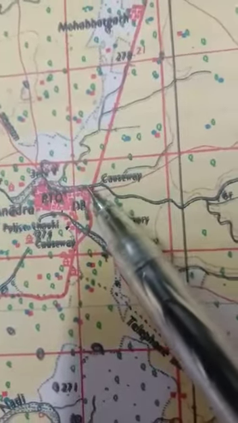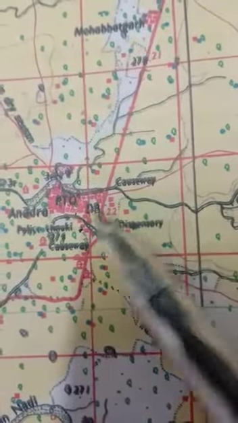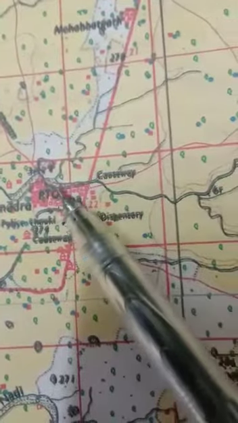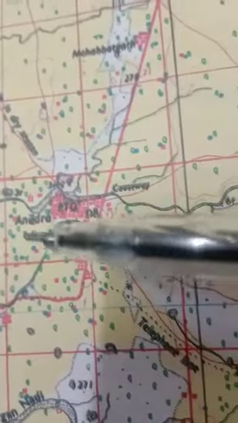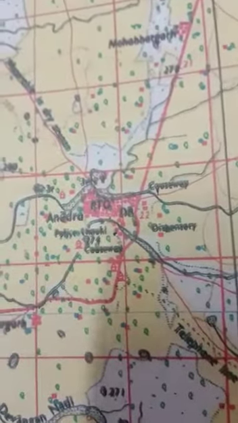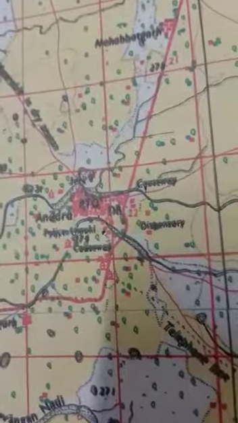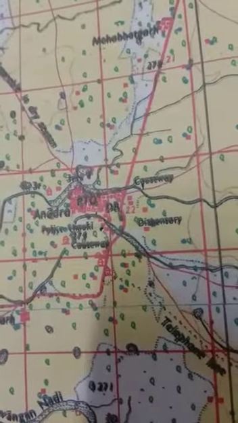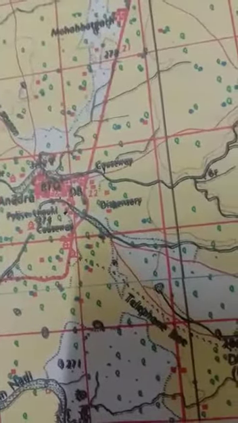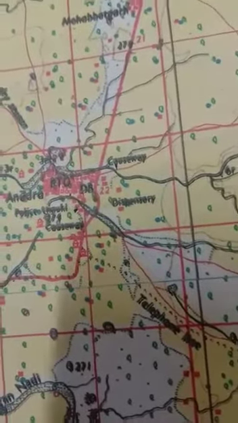What is causeway? Here your black color line. This is a stream. And this is your metal road. So whenever we find like this, a black color line cutting a dark red color line, that is a causeway. It is a raised metal road which is used in the dry season, not in the rainy season. It is a raised metal road across a stream. You cannot say it a bridge. So it is a causeway. A causeway is a raised platform across a stream.